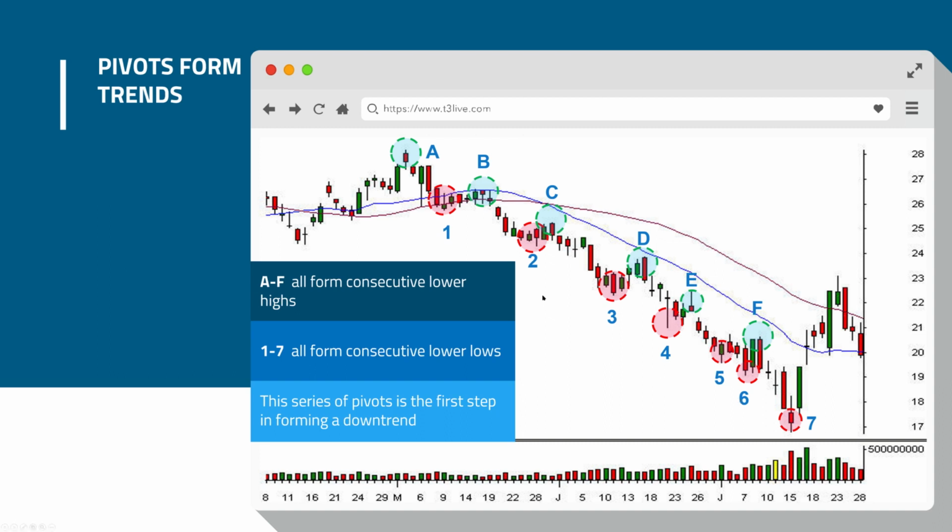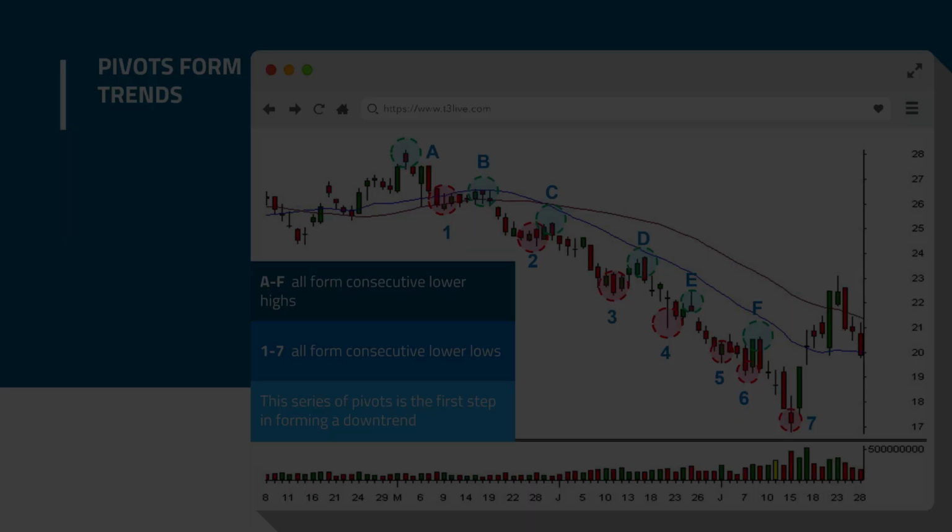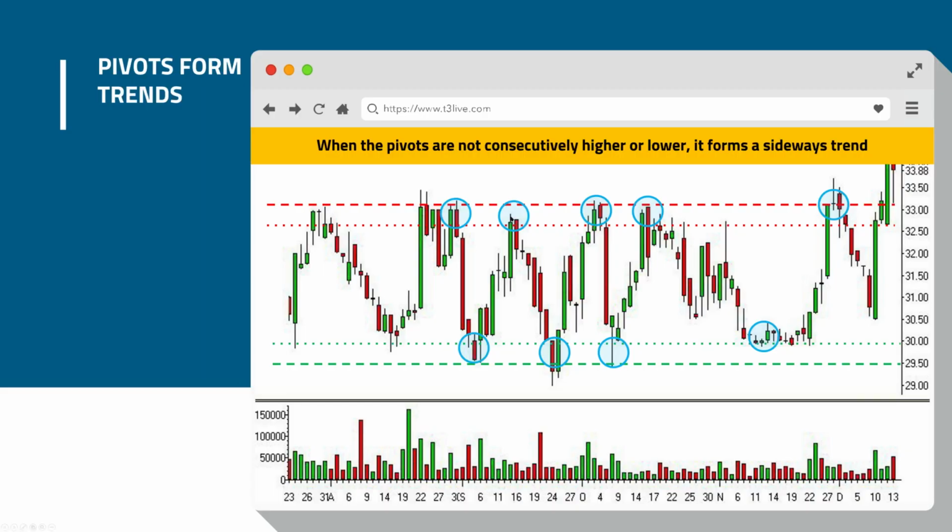Okay, and then the same applies for a downtrend. You get a downtrend when you have lower highs and lower lows. The highs are A through F. The lows are 1 through 6, 7 actually. Those are all consecutive lower lows. That's what creates a downtrend. If you're looking at a monthly chart, this kind of trend can last for years. I'm not even exaggerating, years. And you're able to take advantage of it as it drops over multiple years or as it goes up over multiple years. Did you know that a lot of stocks, I would say the vast majority of stocks, like maybe 75%, 85% of stocks between